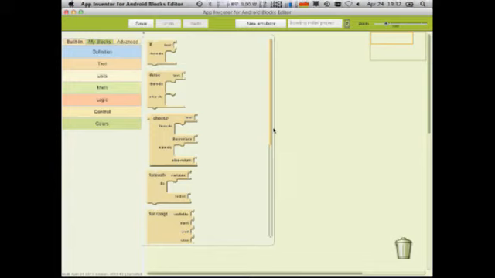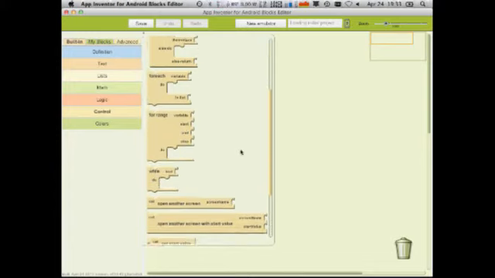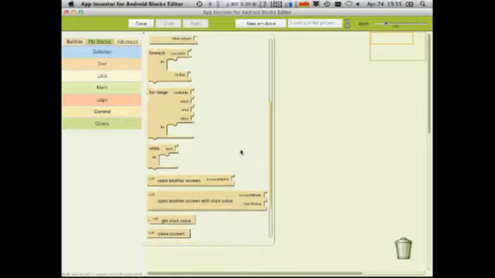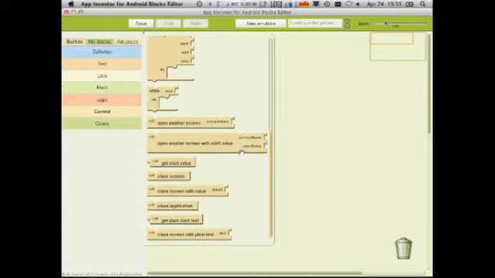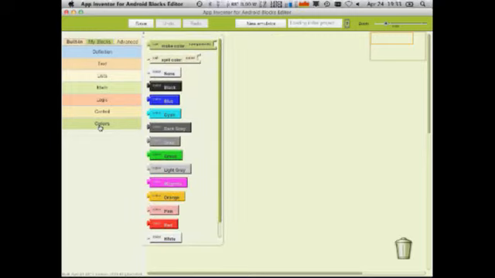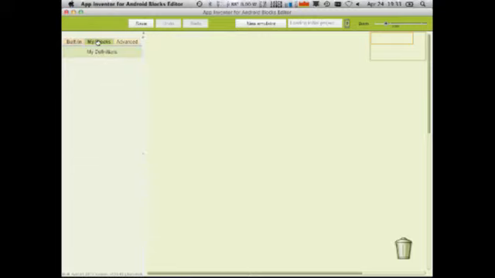Control, which we looked at a little bit in the slideshow, but there are also things like for-each loops, operations to launch other screens or close the application if you need to do so. Colors, so you can actually manipulate all sorts of things. There's, for example, a canvas object, and you can put balls inside of it, and then you can assign the balls colors, then do little animations and things like that, make the balls bounce around, and so on and so forth. And of course, using that media section, you can actually upload additional content and use that. Under the My Blocks section,